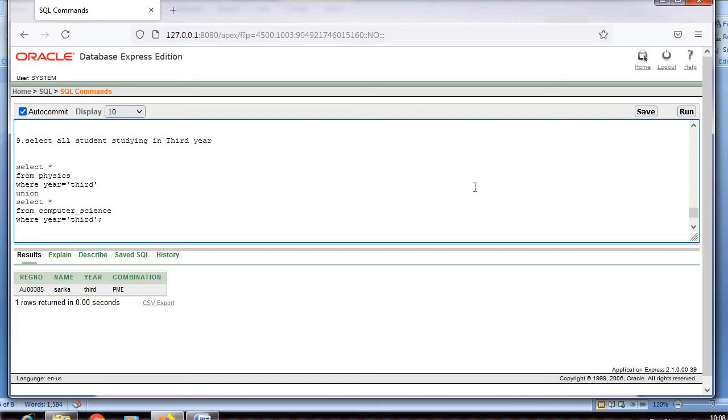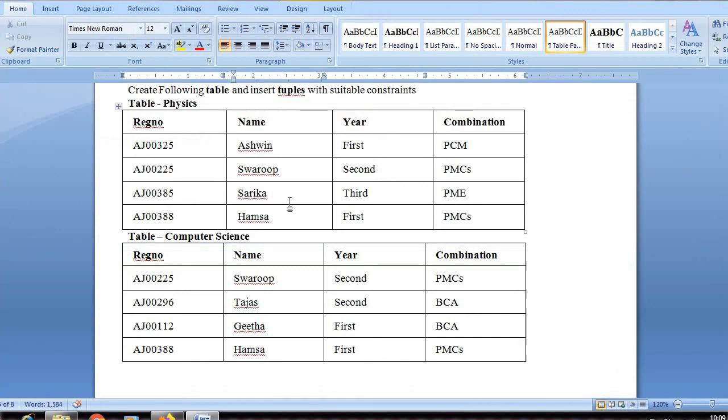So how this works is, it goes to table physics and searches for third year, and selects that student. After that it comes to the computer science table and searches for the students who are studying in third year, and then it combines the details of both the tables. We'll check through the table. See here, who is there in third year?